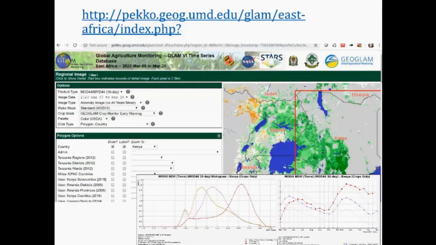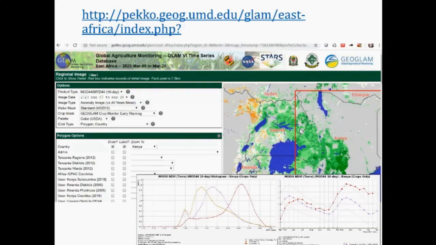The Global Agricultural Monitoring Tool, and this is a collaboration with GeoGlam, allows users to access the most recent information on the vegetation conditions, but also evaluate this data within the administrative boundary to understand what the trend has been. For example, perform a seasonal assessment, an agricultural assessment of up to sub-district level for some countries, sub-county level for